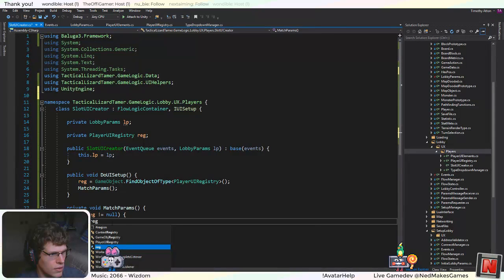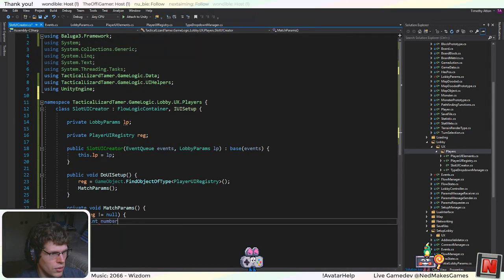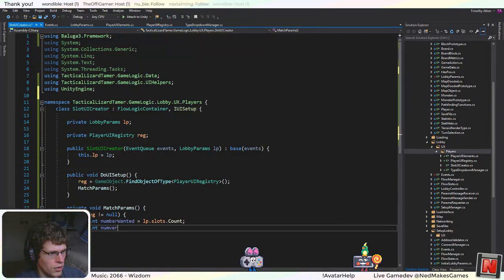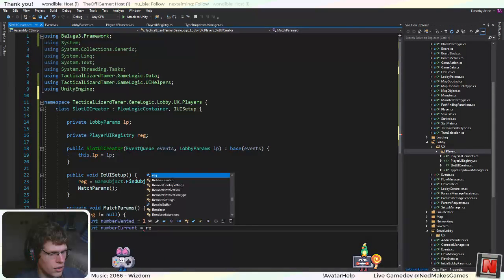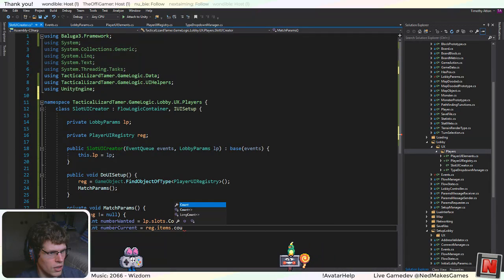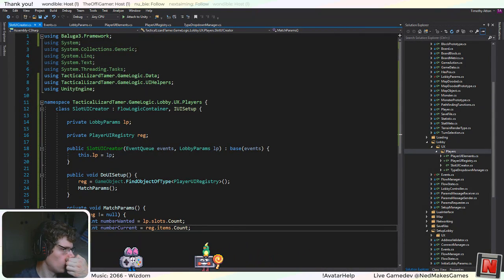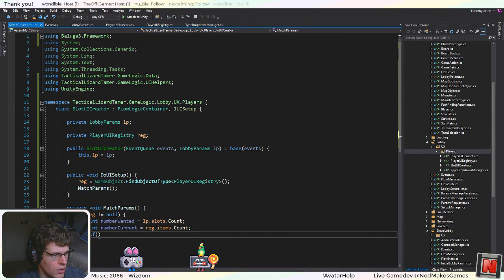Let me see. How do I want to start this? I guess we'll just need to know. Okay, let's do it this way. So number wanted is the lobby parameter slots count, and then number current is the registry items count. And then, so if number wanted is greater than number current,